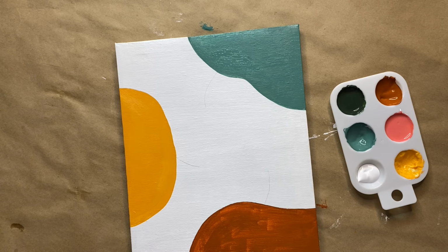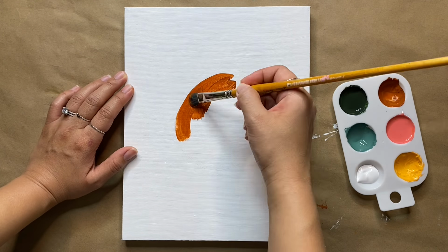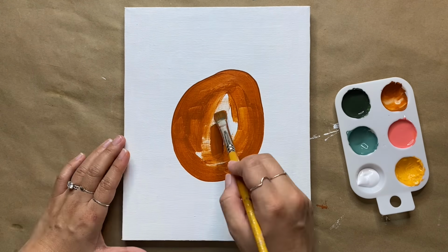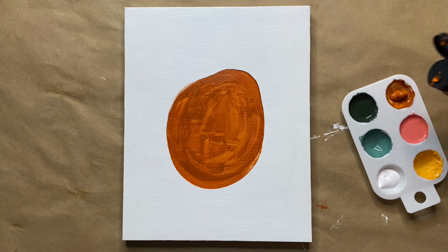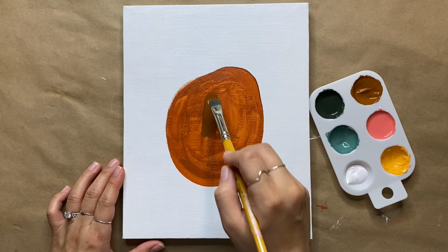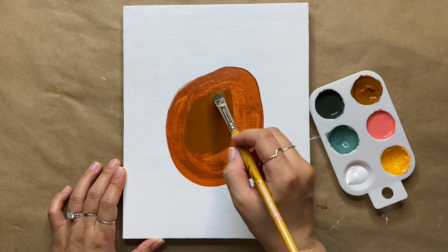For the other canvas, I'm taking one of the colors from my color palette and I'm painting a blob right in the middle. And as you can see, I didn't take my own advice and I actually ran out of that rust color, so I had to mix some more and I tried to match it as close as possible. So if you also run into this issue, don't worry,